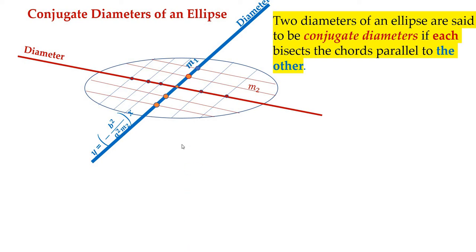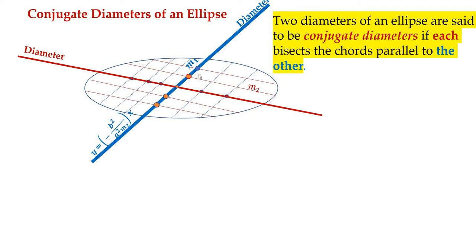And remember that there are other parallel lines like this blue one. For that, if you take m1 to be the slope, then the equation of the diameter, this one, will have its slope as m1, because the parallel chords have the same slope. And how does this one come? Because m2 is the slope of these lines. Once the slope is known, the equation of the diameter is known. Slope m2 means the diameter equation is this.